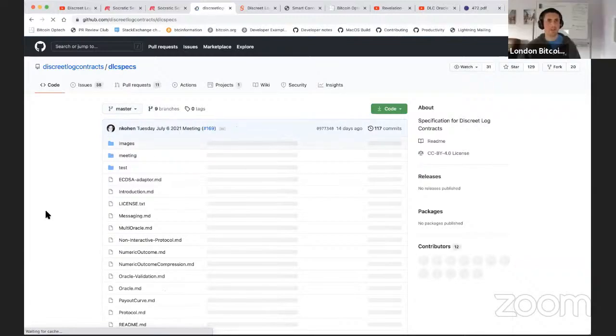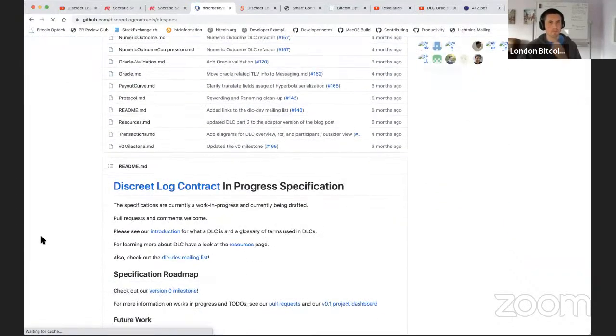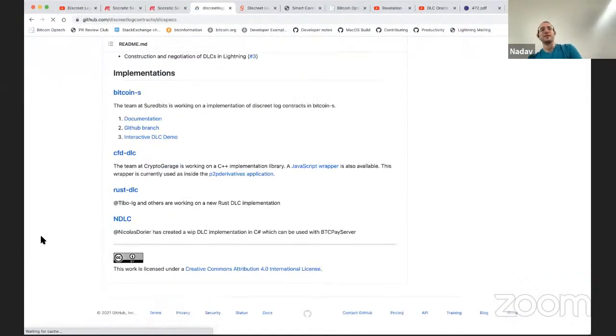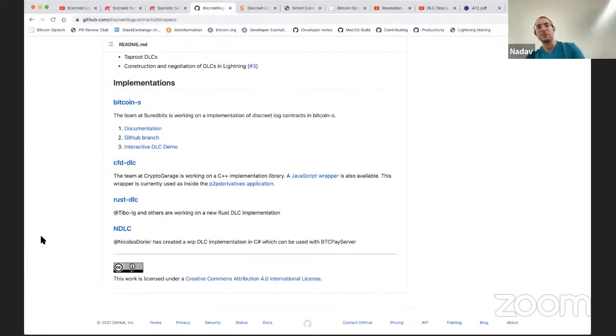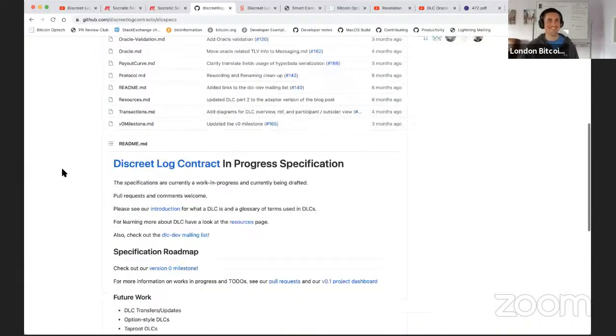Yeah, both, just read through it. Users, if something is unreadable, post an issue asking questions. Maybe we'll get around to fixing it and making it easier to understand. We're adding lots of pictures, stuff like that. It's coming together. And lobby Roman and the Eclair guys to support DLCs in Eclair soon.